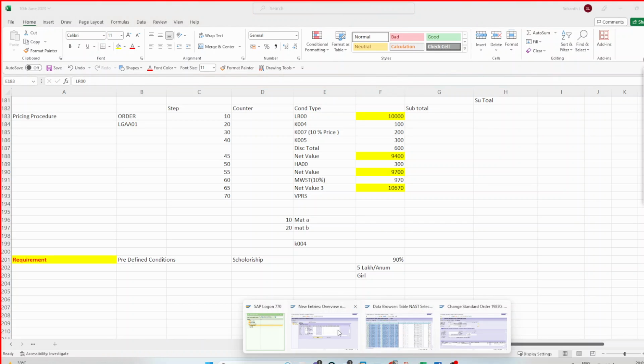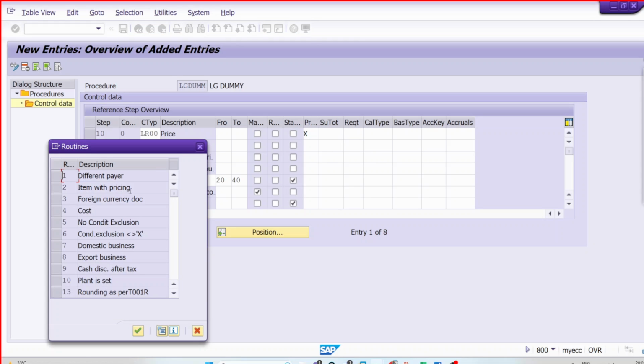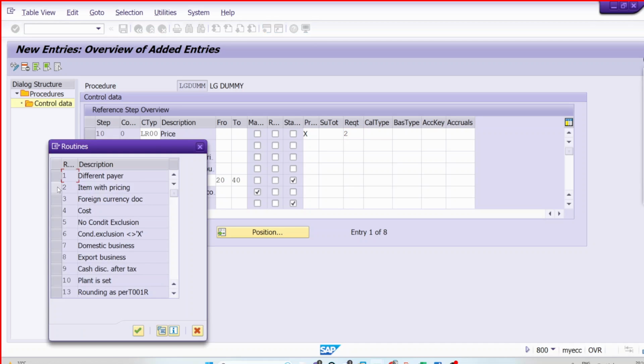Now let us see what are the predefined conditions that we have. I'll put requirement as 2. So what does this 2 check? I have put this requirement 2 against LR00, against my selling price. So what does this 2 check? To see this, just go here,